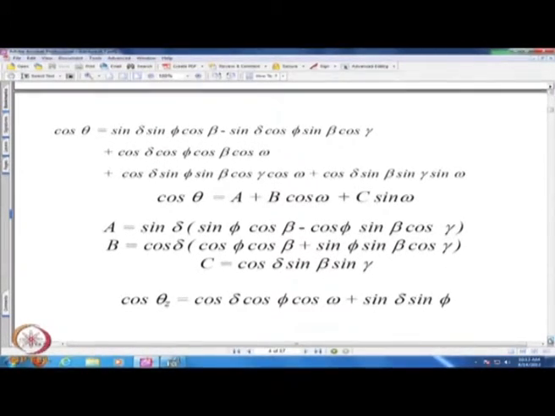If you put beta equal to 0, you will get the horizontal surface, and correspondingly the zenith angle, which is cosine theta z. Simply, you will find that if you put beta equal to 0 in the general equation for cosine theta, you will not find dependence upon the azimuthal angle, which you can expect, because the projection of the outer normal to a horizontal surface will be a point, consequently there will be no azimuthal angle.